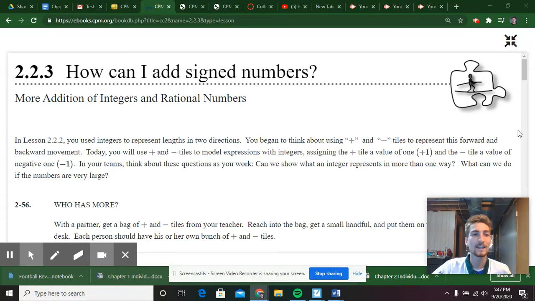All right, everyone. So we're looking at 2.3, how can I add signed numbers? And this is more addition of integers and rational numbers. So in the last lesson, we used integers to represent lengths of two directions, right? We began to think about using the plus sign and the negative sign tiles to represent this forward and backward